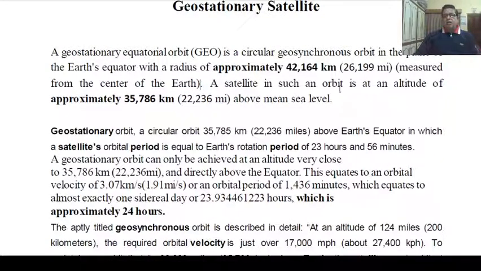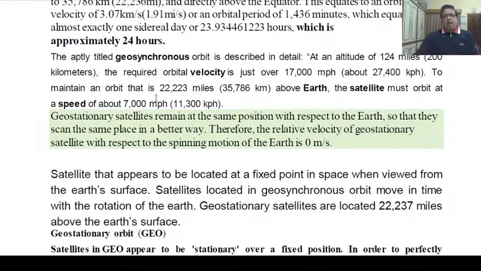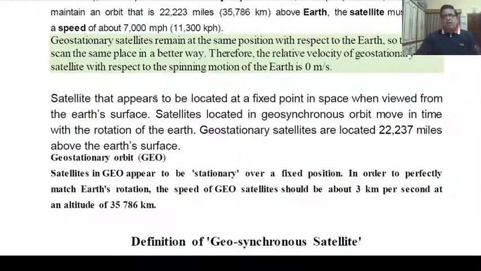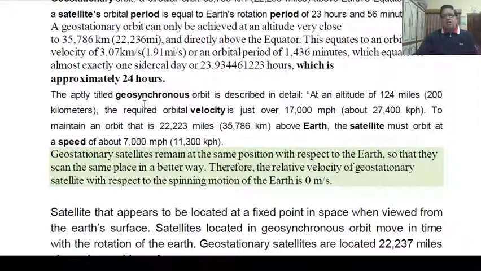A satellite in such an orbit is at an altitude of approximately 35,786 km above mean sea level. From mean sea level, approximately 36,000, and it is at 35,786. Okay, so in general you can remember it as 36,000, but it is approximately 35,786 km. There are different ways you can understand this height and